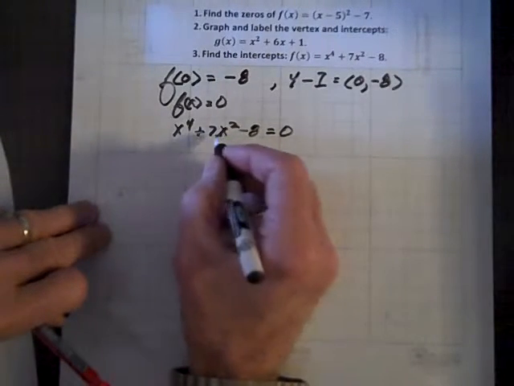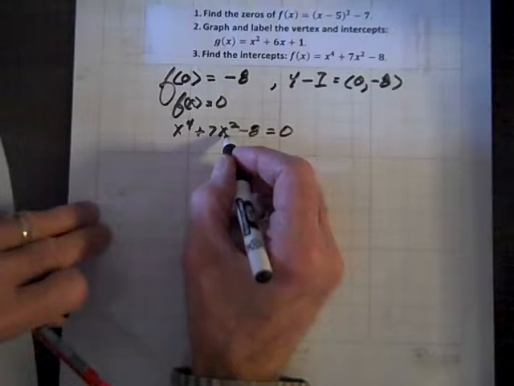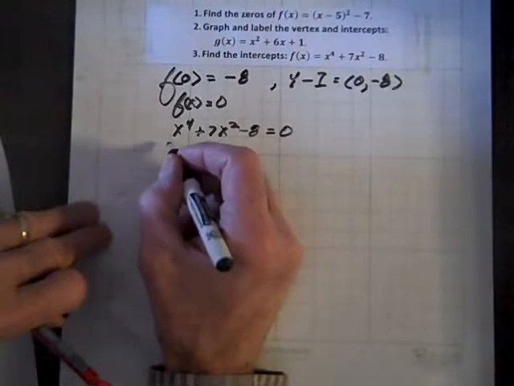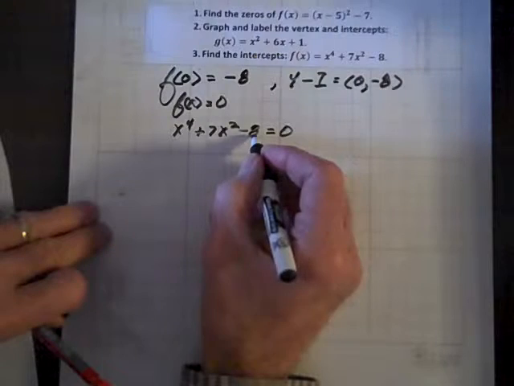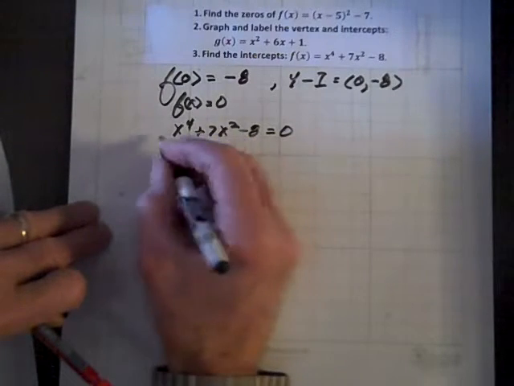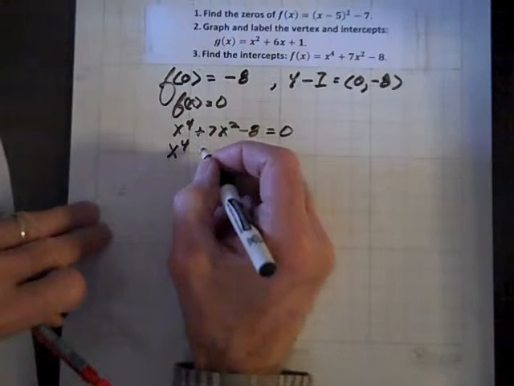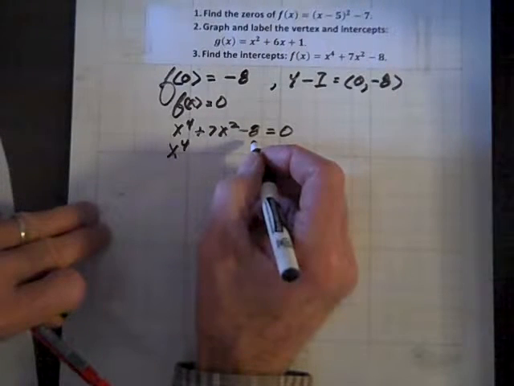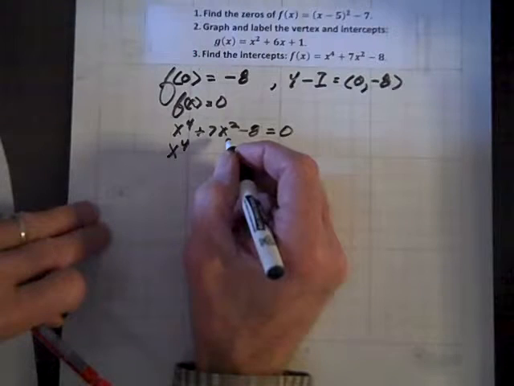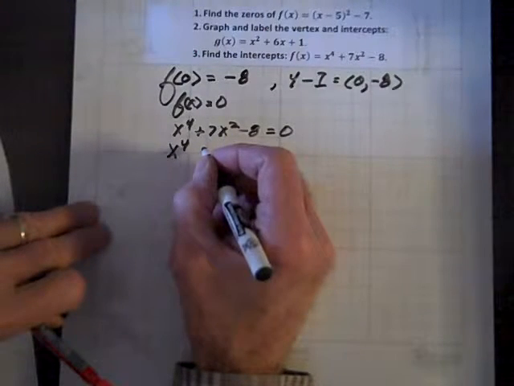So let's break this middle term up into a couple of terms, factors of 8 that have a difference of 7. So we've got x to the fourth and two factors of 8 that have a difference of 7 are